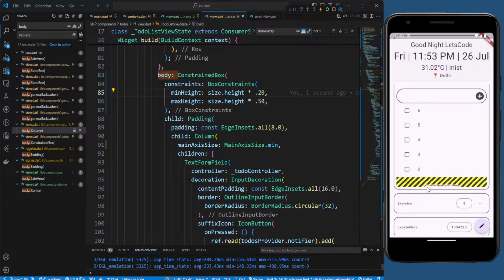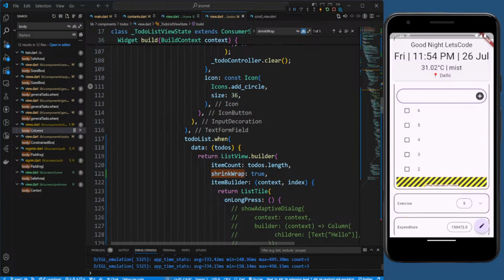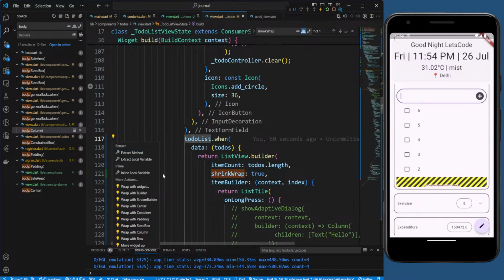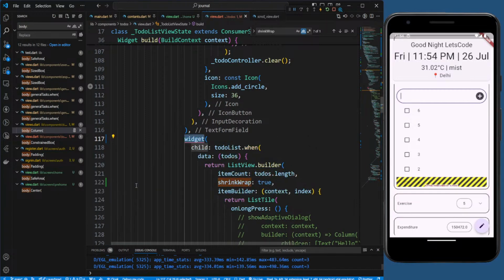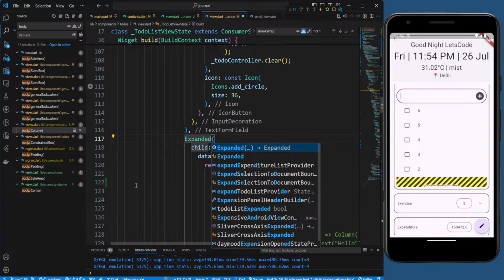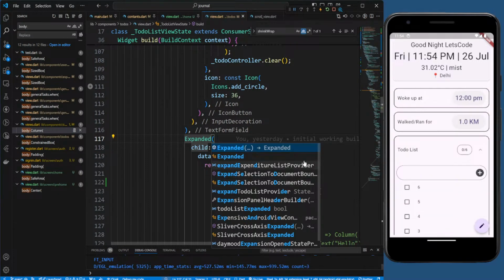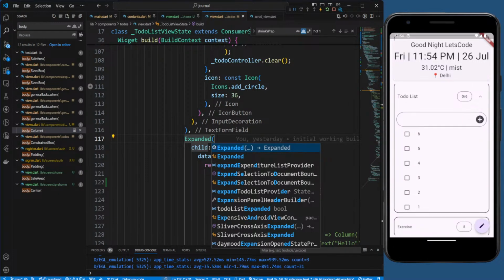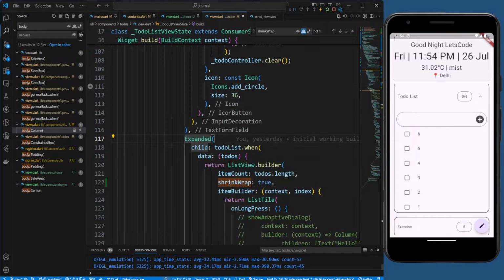Okay, now it's a overflow by 16 pixel. Is it because we are not using expanded? Now what happens if we